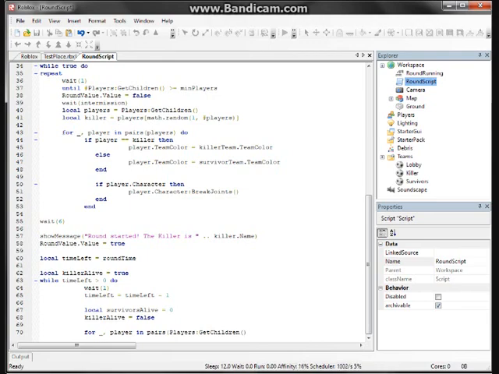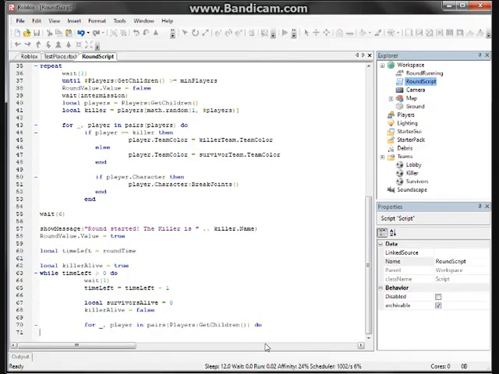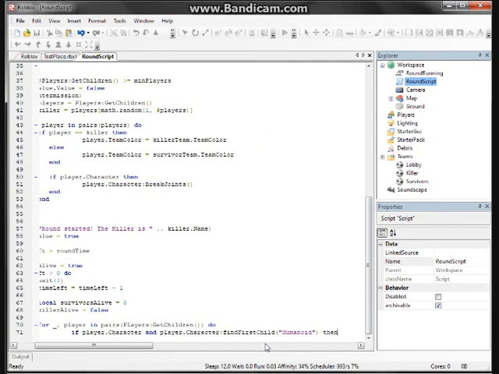Oh, you have to put the parentheses, because it doesn't have any arguments. Do, if player.Character and player.Character:FindFirstChild("Humanoid"), then